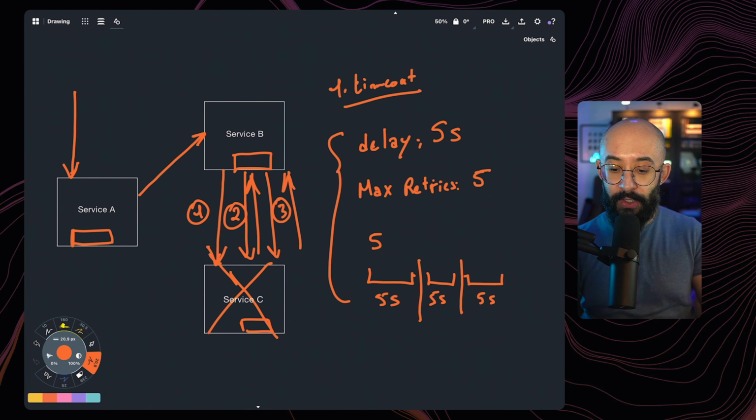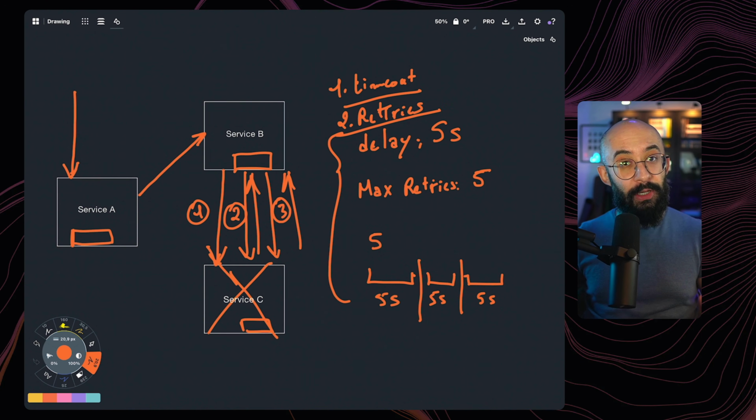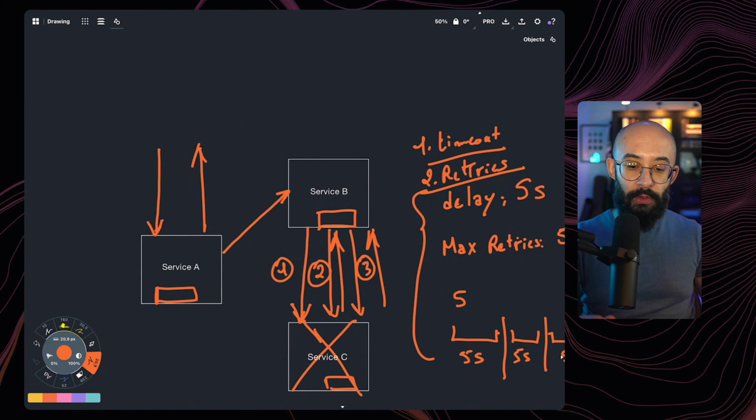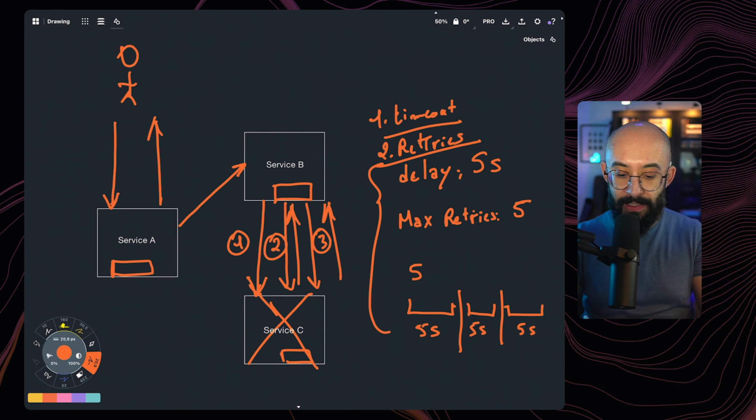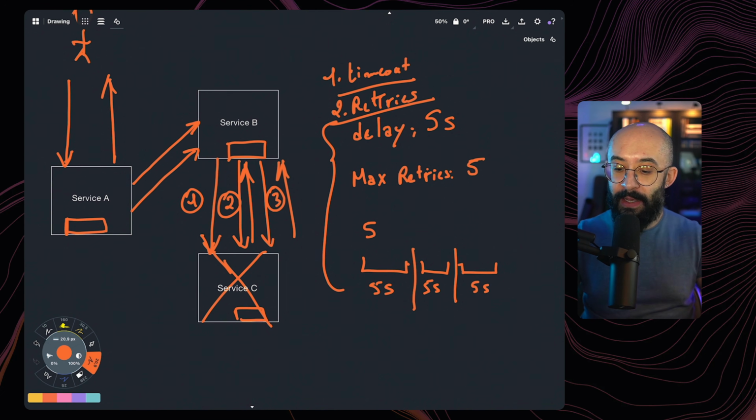So are retries going to save the day? Fully 100%? No. But it's going to help us try to recover before we send back that error message to the client, if we ever need to actually send it. Retries will try to make our services a little bit more resilient. The same retries will be implemented on the level of service A as well, and on the level of service C, maybe with the database.